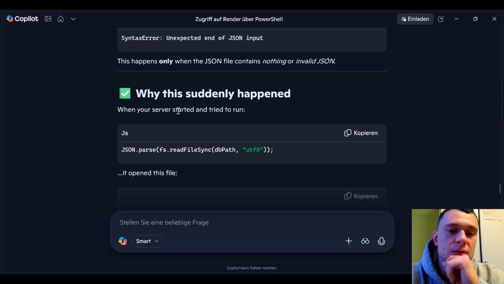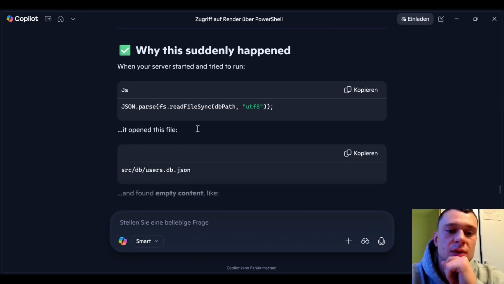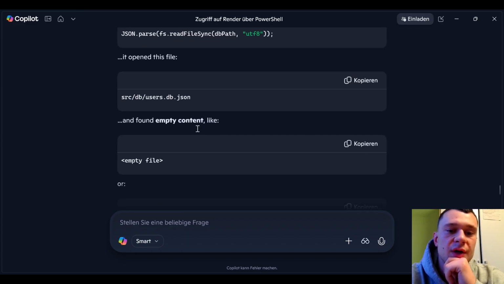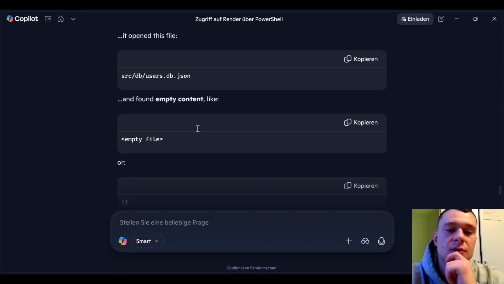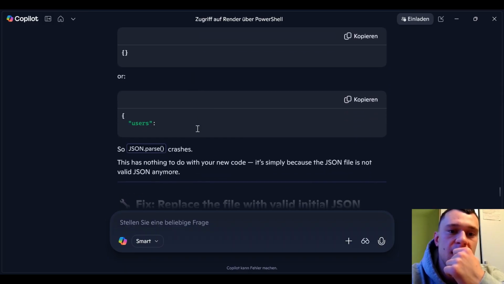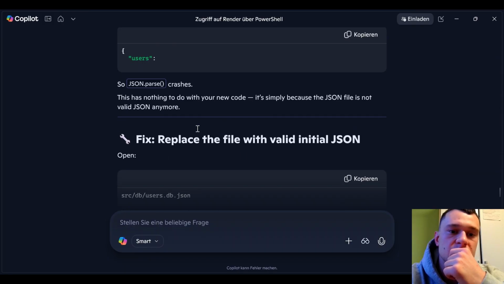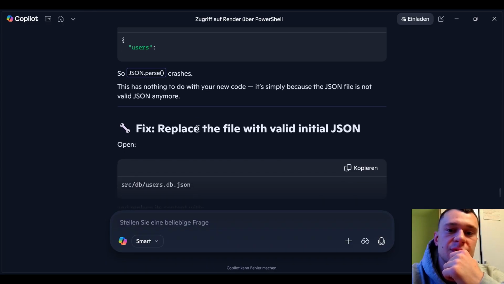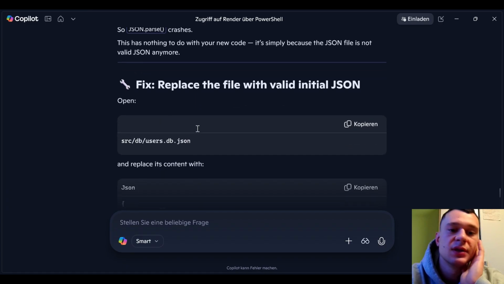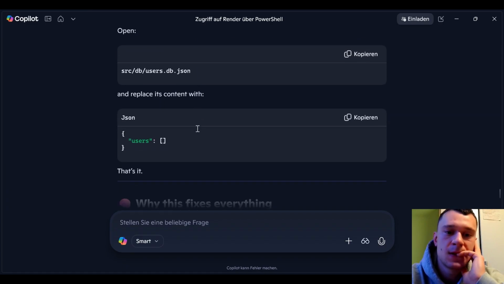Yeah, so this is why this suddenly happened. When the server started and tried to run, it opened the file, it found empty file content, like an empty file or users. Okay, this has nothing to do with your new code. This is simply because the JSON file is not a valid JSON file anymore. Replace its content with